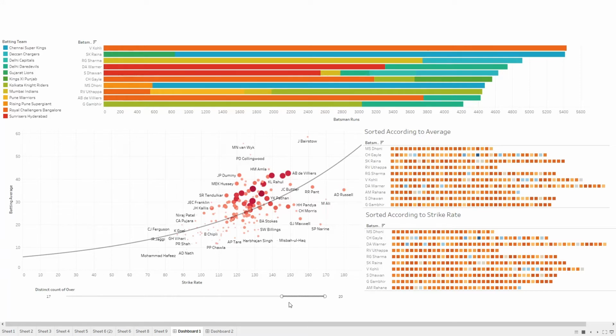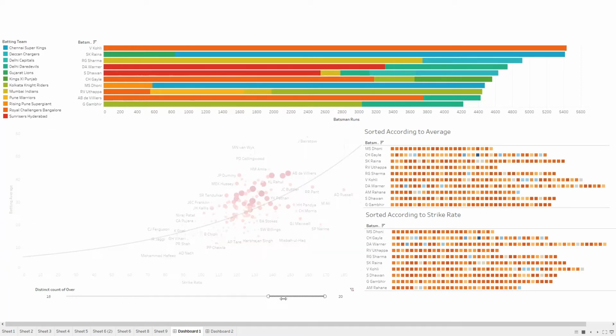At the same time, they have scored many runs in those overs. We can see the strike rate significantly increases to 150, 160, 170.